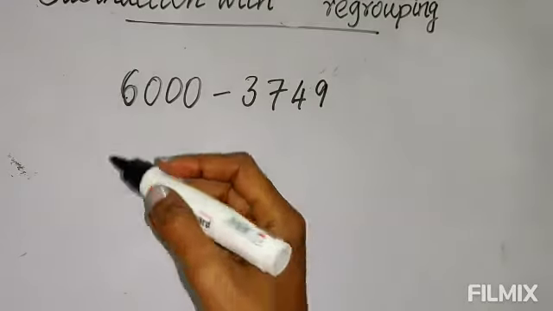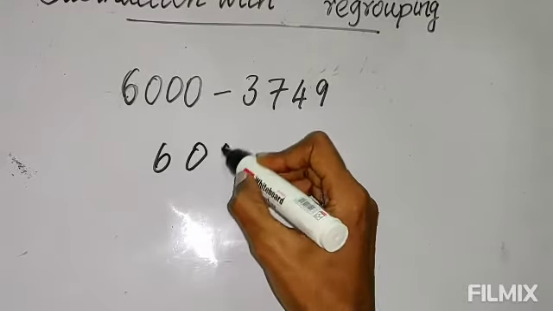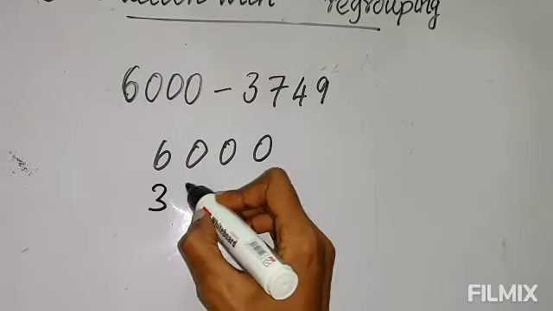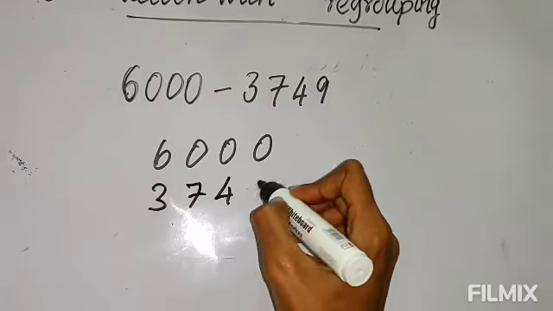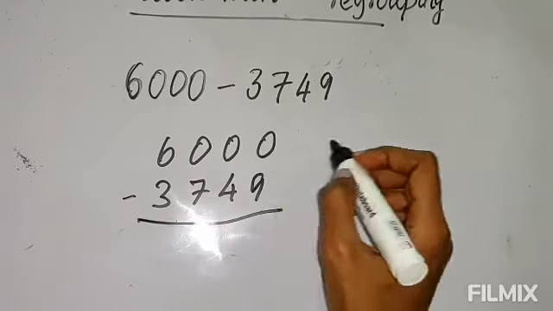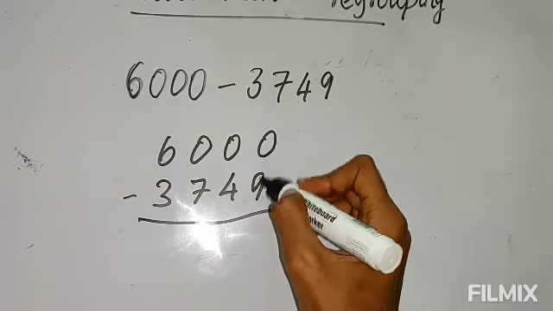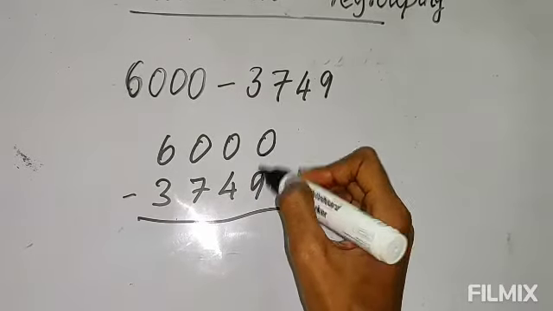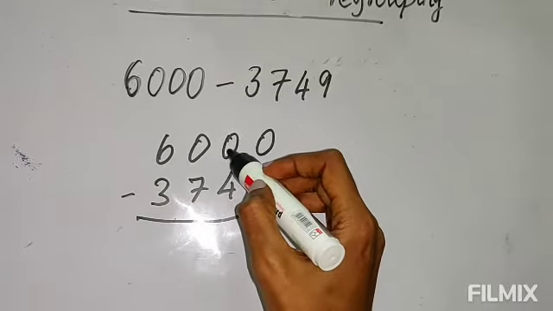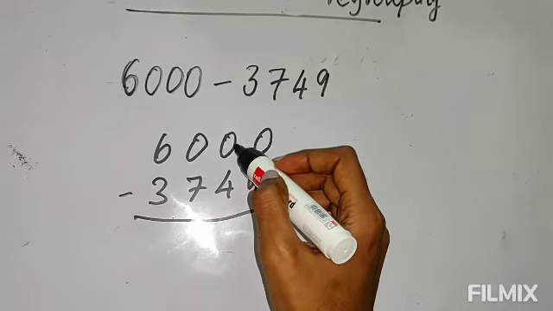Okay, if 0 comes, how to minus? Here if you see on the first number, the minuend, there are 3 zeros. So this one many children make mistake. So here, how to borrow? Listen, here 9 and here 0. You cannot minus 9 from 0 because 0 is small. So you have to borrow. But if you see on the left side, there also 0 is there. So there also you cannot borrow.